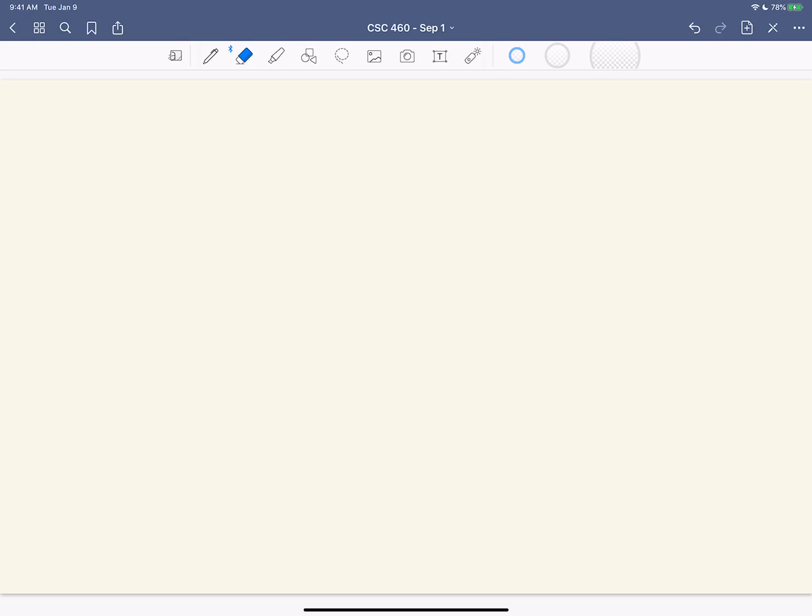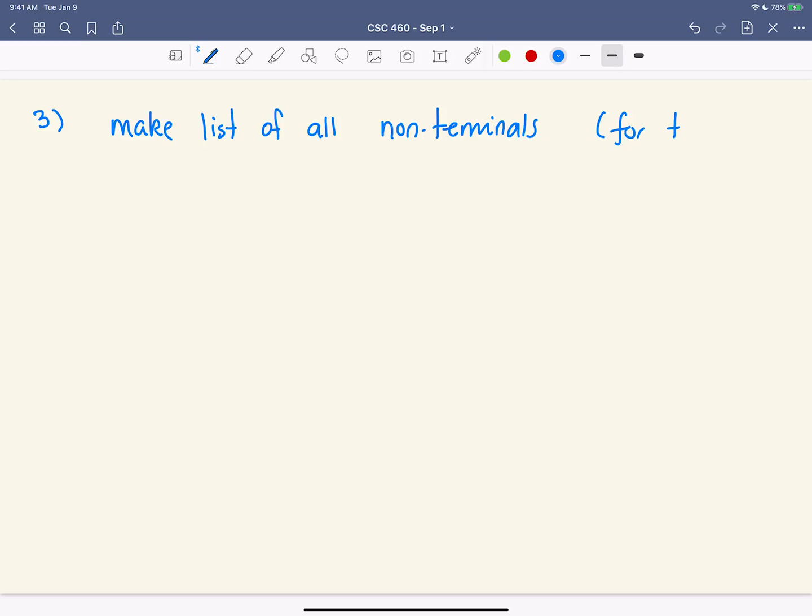So step 3 is we need to make a list of all non-terminals. We've already done the terminals, and we have that list that we can copy into the Java cup file. So this is for the cup file.